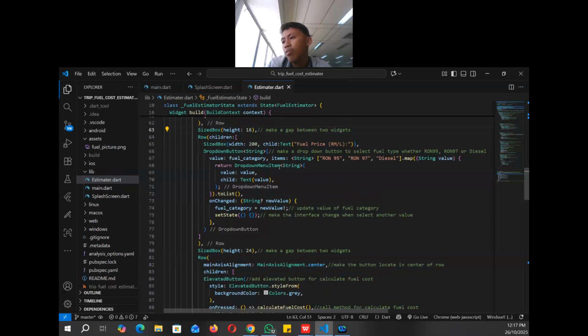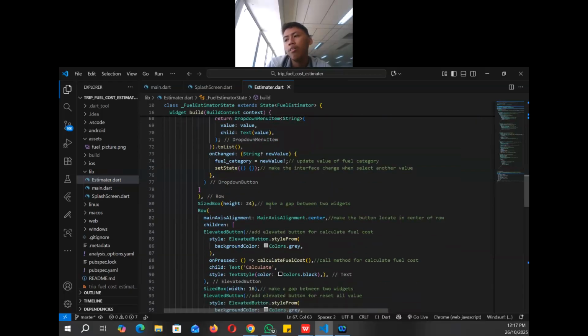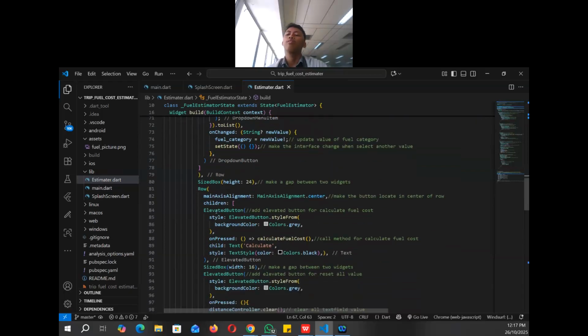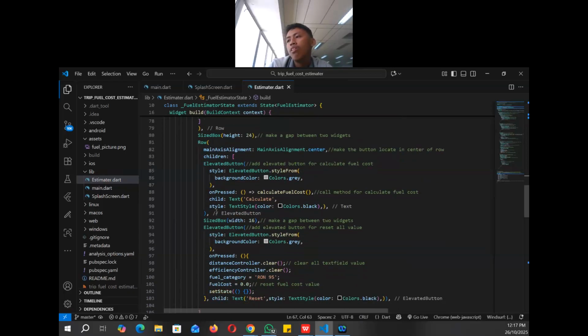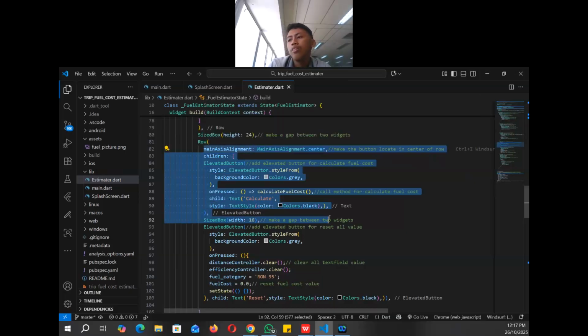Inside the row I'm using set state, so that when we click the button the items will appear. After that I make a gap, and then I put an elevated row. I have two elevated buttons, one for calculate and one for reset. Inside the calculate button, which is the first one here,